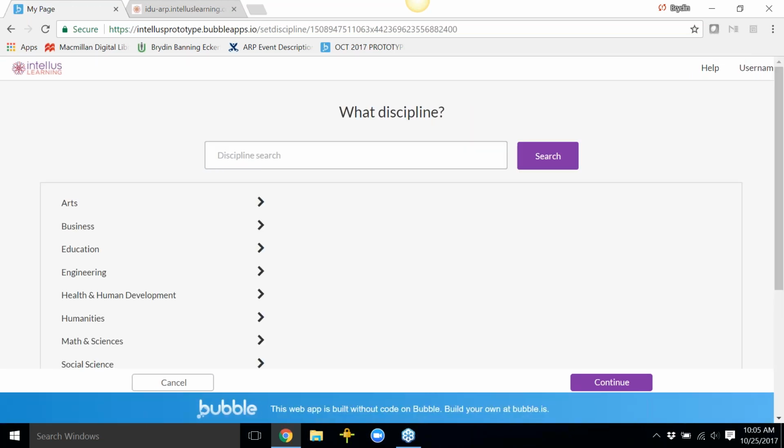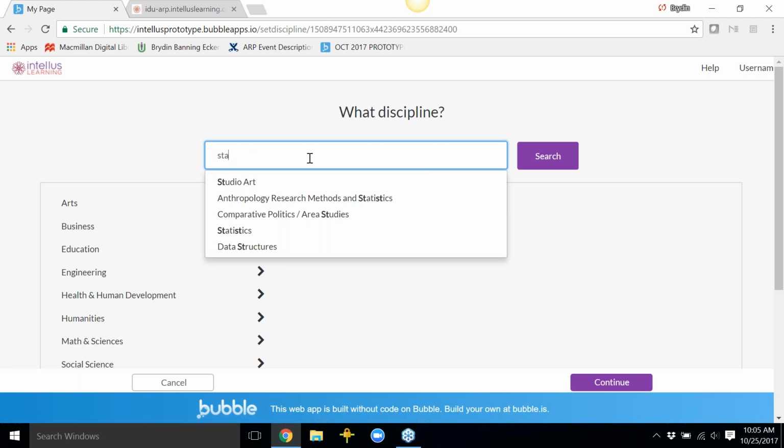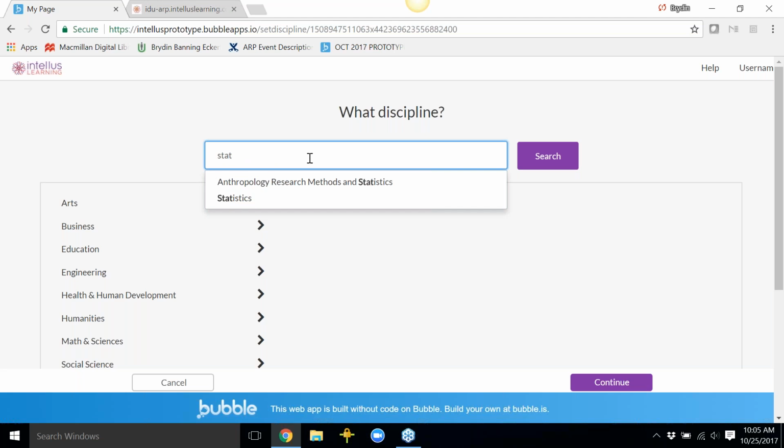And so now it's asking about disciplines. So we've tried to find a way to better organize the different disciplines and subjects available within the platform. There are two ways to walk through this process. One is to simply search. Similar to the other search functionalities throughout the platform, you can start typing. And again, this is not a fully built out list, so please don't be alarmed here, but I can select the topic that I'm looking for, the subject that I'm looking for, and I can click on that, and then I can click search,